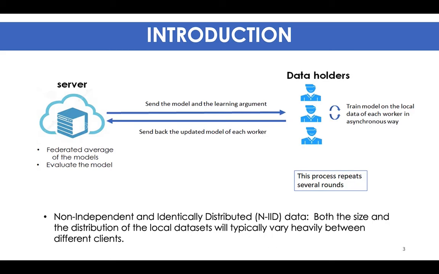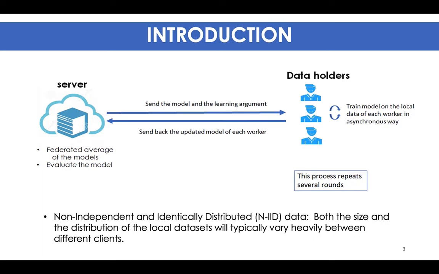The server aggregates all the models using an aggregation function. Then it sends back the new model to the workers that will participate in the next round. We will do the same loop until we have a good model.